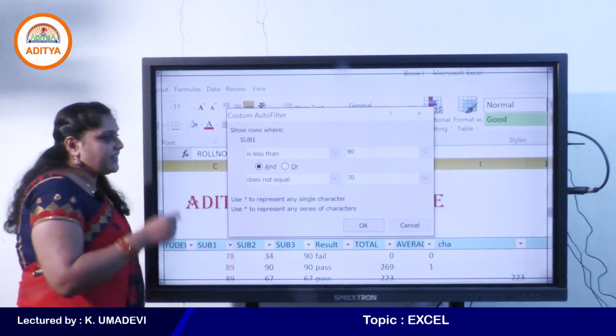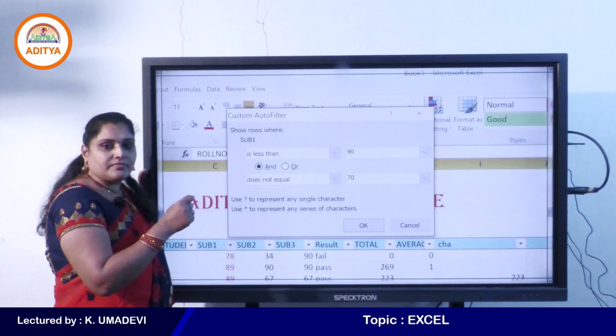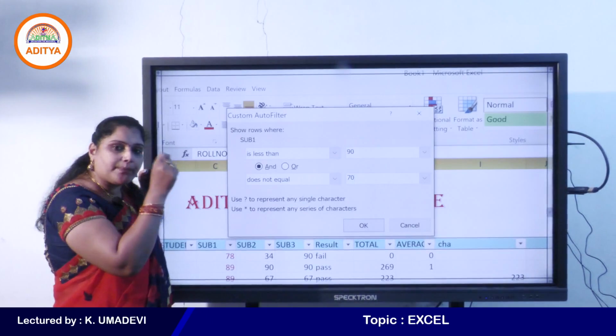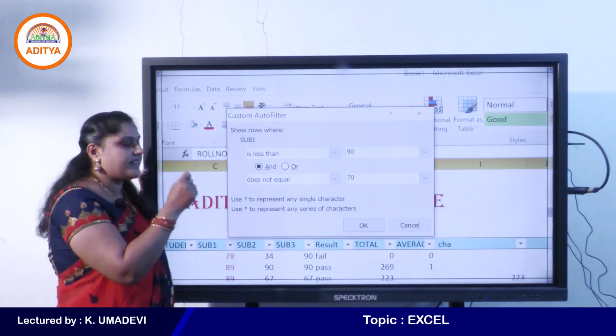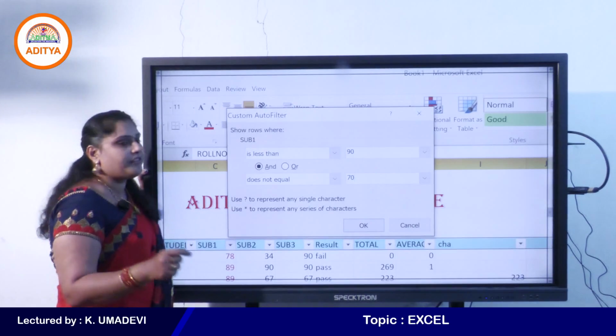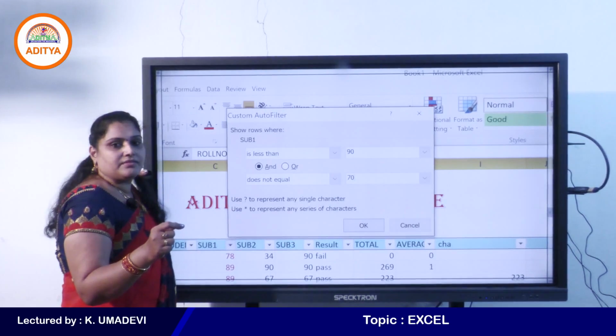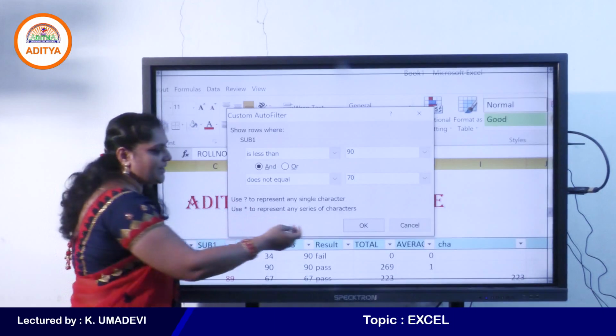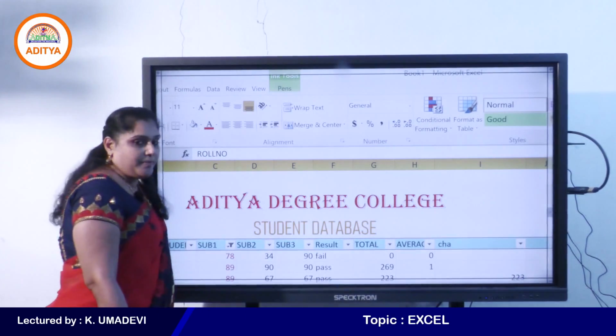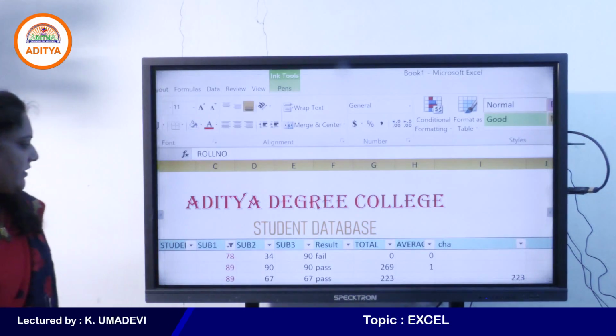That means it displays the records based on the subject 1 column data that is less than 90 and does not equal 70. Like this we can apply various types of filters. Based on the criteria it displays all the records.